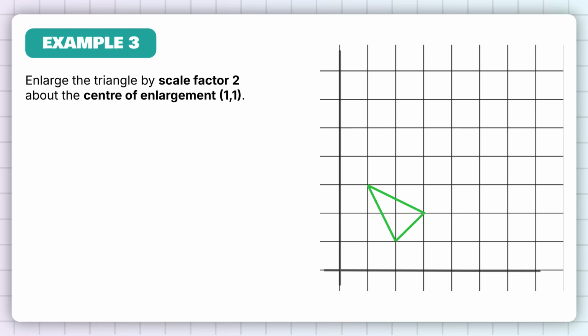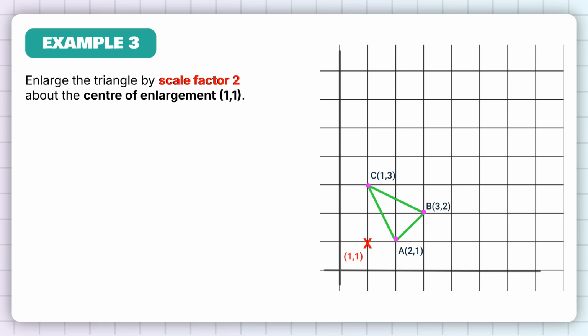Let's do a final example, one that is not about the origin. Consider a triangle with coordinates 2, 1, 3, 2, and 1, 3. We want to enlarge it by a scale factor of 2 about the center of enlargement, 1, 1. We calculate the horizontal and vertical distance from 1, 1 for each vertex and work out the coordinates of the